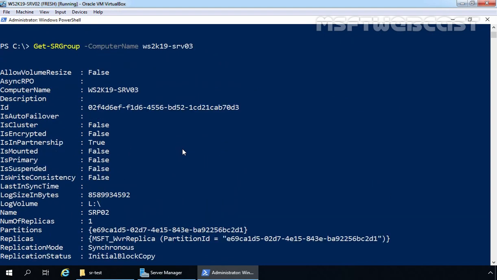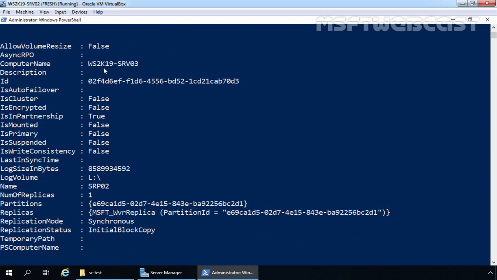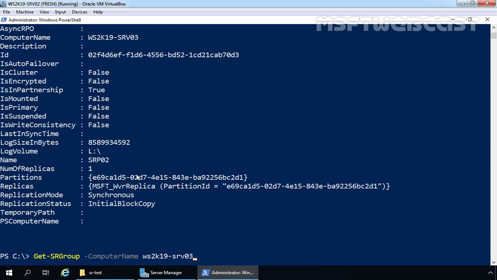Perfect. We can see that the storage replica group is there on SRv03. Here you can see the computer name is there, and the name is also there, SRP02. So that group is created successfully, but I don't know the reason why that command is not able to get the status of that storage replica group. Let's check the same for our SRv02 server as well. Let's press Enter key.